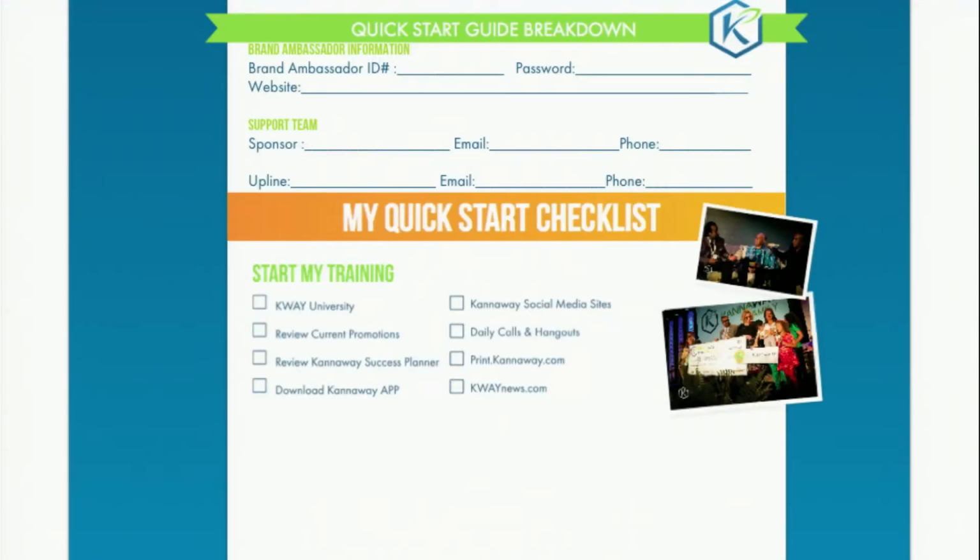Now, when we look at our quick start checklist, this is very important as well. We want to make sure that we show them Kannaway University. Once you've done that, check it off. Now they know where it is. Show them the review of their current promotions, check it off. We'd go to review Kannaway Success Planner, check it off. Move on down through the download the Kannaway app if you haven't done that yet, the social media sites, the daily calls and hangouts, the printed Kannaway.com section, which is where there's printed material that they can get, business cards, all of that. And then, of course, Kway News, which is a great place to go where we do all of our blogging,